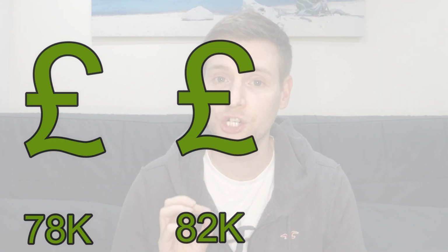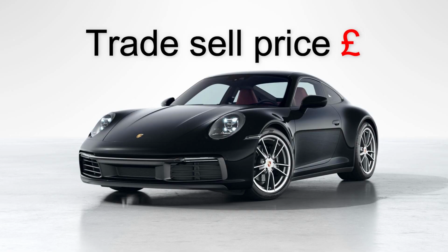So I wasn't going to have very much value in the car at an 18-month mark. However, when I went and got this price and they actually confirmed it after checking the car, I had already worked out what would be the minimum I would take should I sell the car, and I was put on the spot and they beat it. All said and done, charges and a very little slight amount knocked off for some cosmetic damage, which you've seen because I did a paint chips video and they picked on that. I came out with